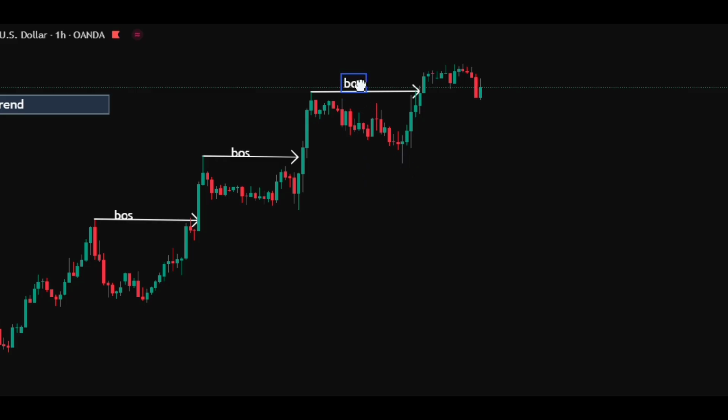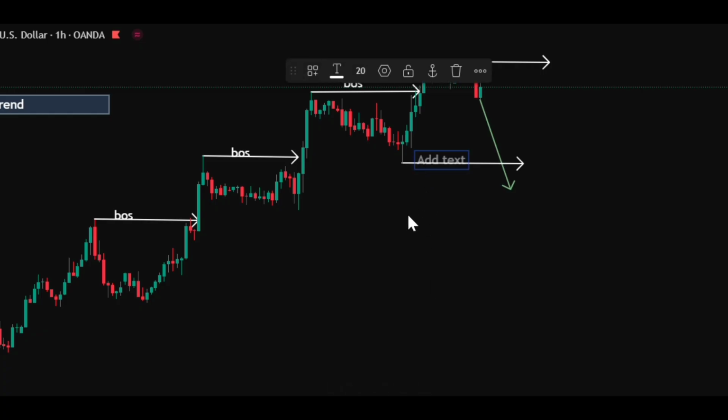Then price continues to rally up, and then there's this pullback. Then this last swing high, this last candle, this one, we wait for price to grab it. If price grabs it, we'll have a break of structure. But if price fails to grab it and makes this move, comes to this low and grabs this low, let's say price has grabbed this low, we'll have a change of character, which means that